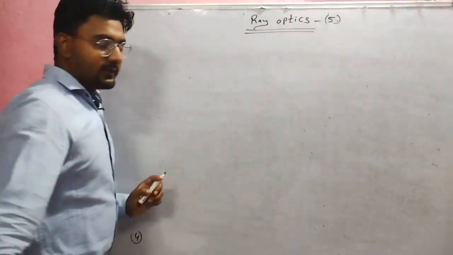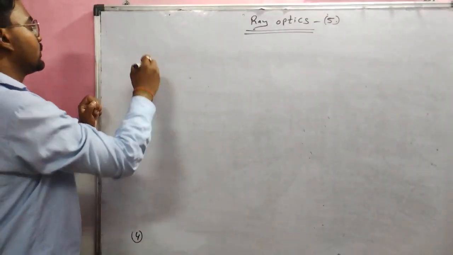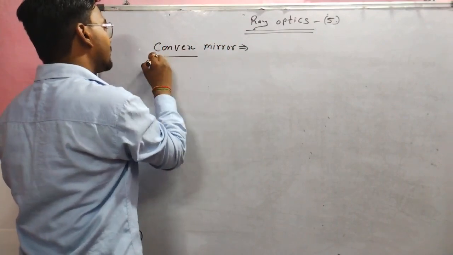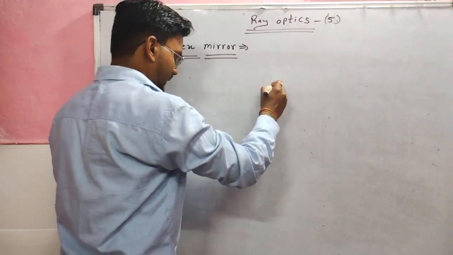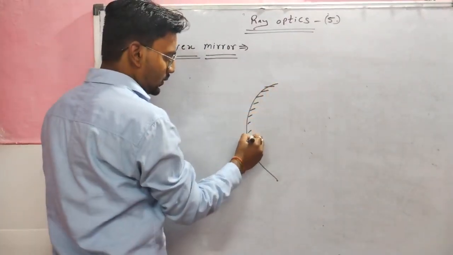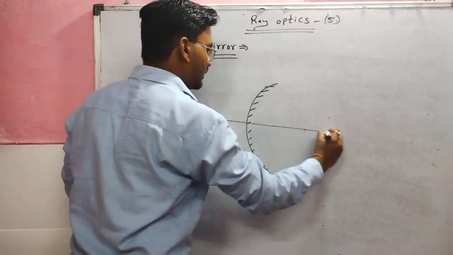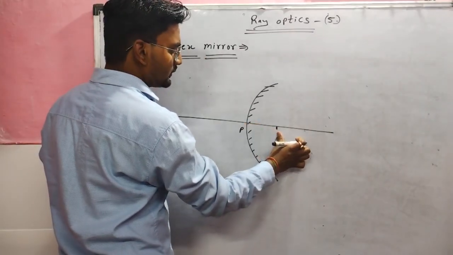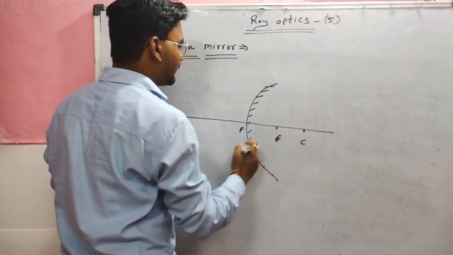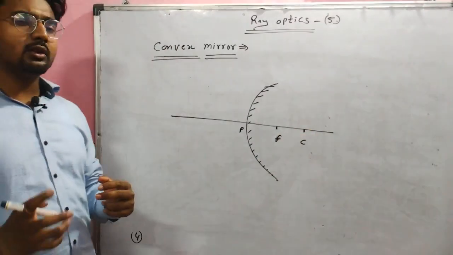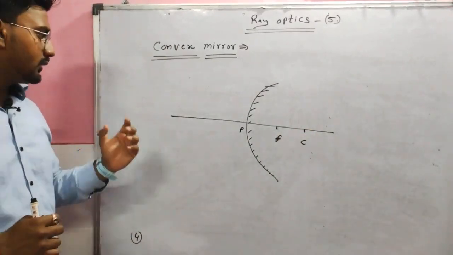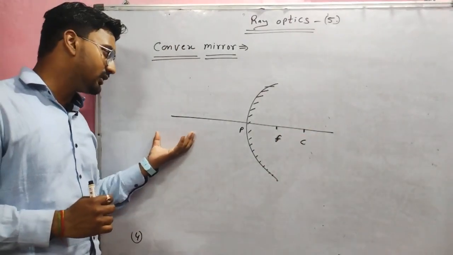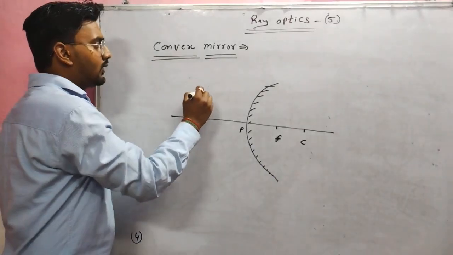So we discussed all this concave mirror. Now we are going to discuss convex mirror. And what is the convex mirror and its rules? So see, this is our convex mirror, where this is pole, this is focus, and this is center of curvature. And here are only two cases, because the focus and center of curvature are not in front of the mirror. That's why we take only one case, when the object is placed